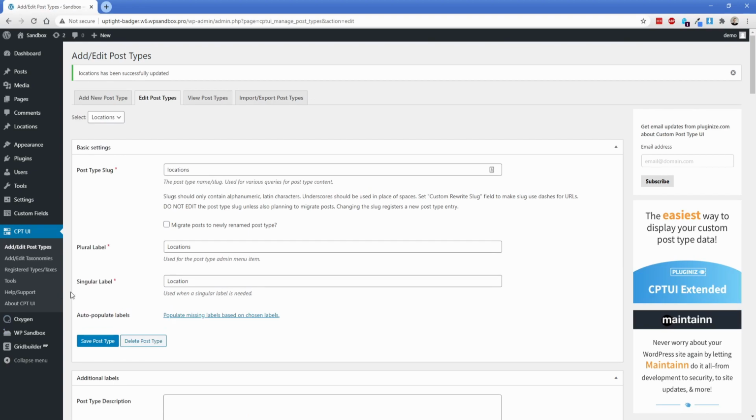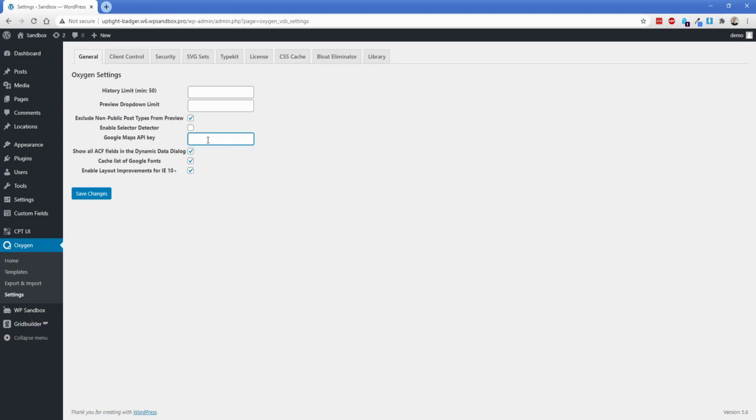Now, the next spot we're going to go is to Oxygen settings, and what we need to do is put in our Google Maps API key here because we are going to be using the ACF map field, which requires a Google Maps API key. But because we're using Oxygen, we can actually just paste our API key right in this field here, and ACF will pick it up for us, which is pretty cool. So there is my API key. I'm just going to go ahead and save that there,